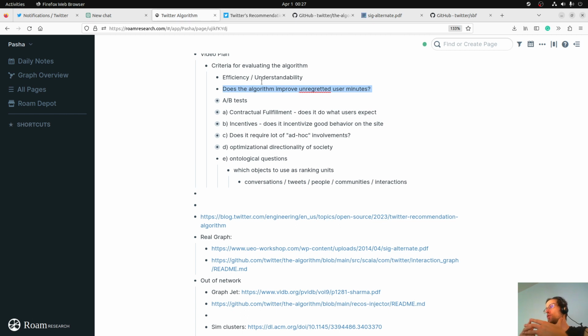It's hard to A/B test it. It's hard to measure it because you can't wait for years for users to look back. You can sometimes A/B test by asking people to move away from Twitter and see what they feel, or use it more and see how they feel. But I think there are other goals that are worth looking at that are in a similar style, but not exactly unregretted user minutes. I'll talk about contractual fulfillment and incentives. But before that,